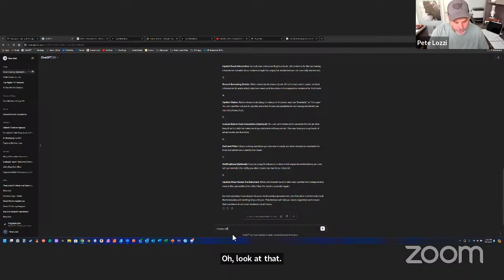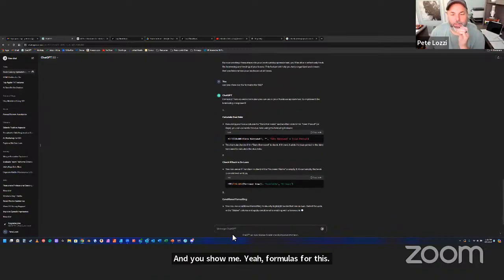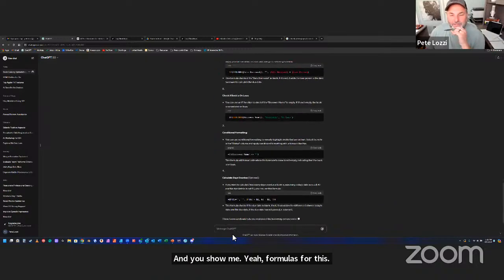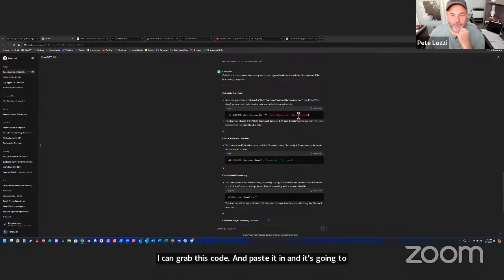Can you show me the formulas for this? Look at that. These formulas can all be pasted into numbers. I can grab this code and paste it in, and it's going to create a checkout loan system for you